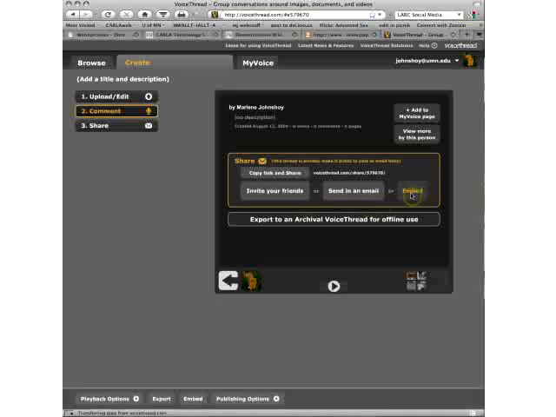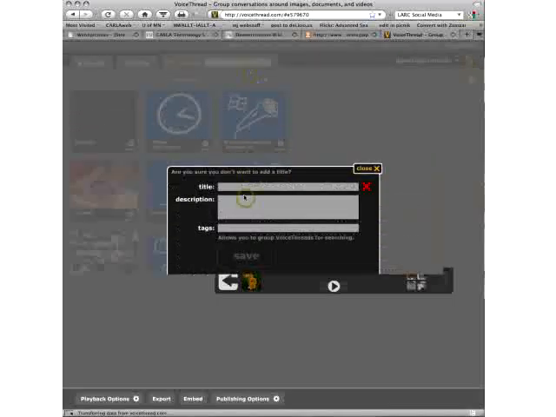So again, on the handout, there are more step-by-step instructions for using this, and Terry wants to know a definition of a VoiceThread again. Well, it's this